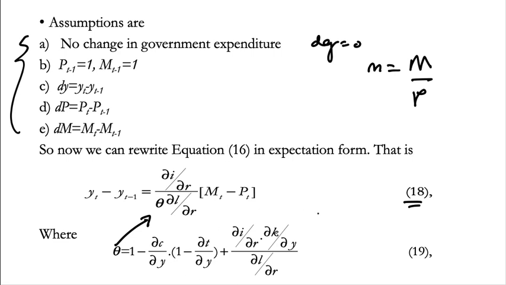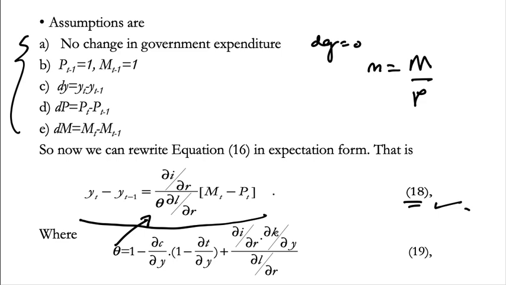Now, to get an answer in equation 18, you must do the calculus on your own. I won't show it to you because this is just a matter of substituting back into the equation, bring to the left, bring to the right, cross multiply, that's all. You need to practice it. Now, so we have 18 here. Now, this 18 is the expected form of the aggregate demand function.